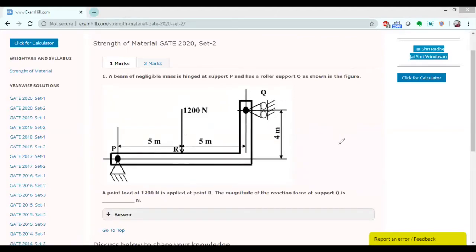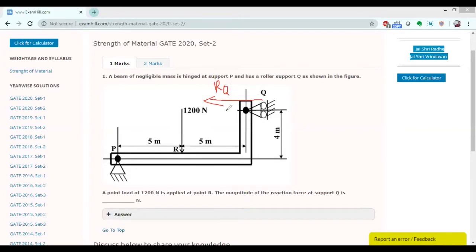So you can see the diagram. What is the thing that they are asking? They want to know the magnitude of reaction at support Q. If you see, this is a roller support. Roller support will give a reaction like this, in this direction. This will be RQ,